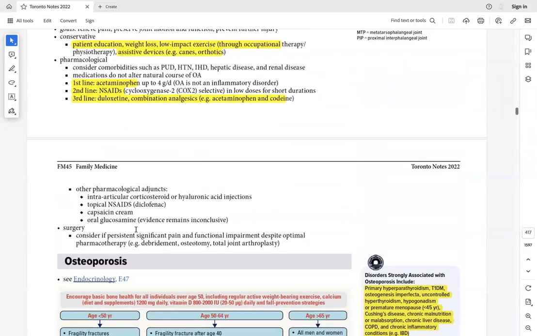Then we have intra-articular steroids or hyaluronic acid injections, and remember, these are not done very frequently. What they want us to know are the initial treatments: acetaminophen, NSAIDs, duloxetine. When the patient is presenting, how are we educating the patient, how are we dealing with him? And then if they're giving us these intra-articular injections and so on, we are not even